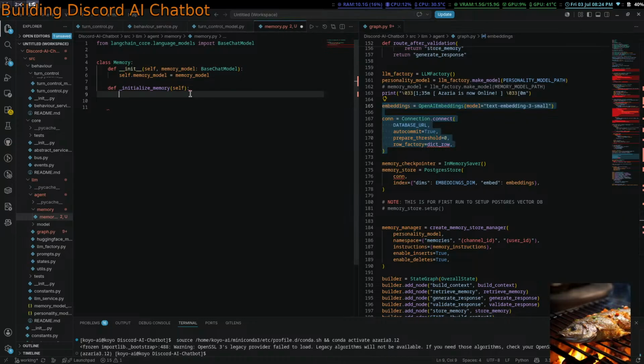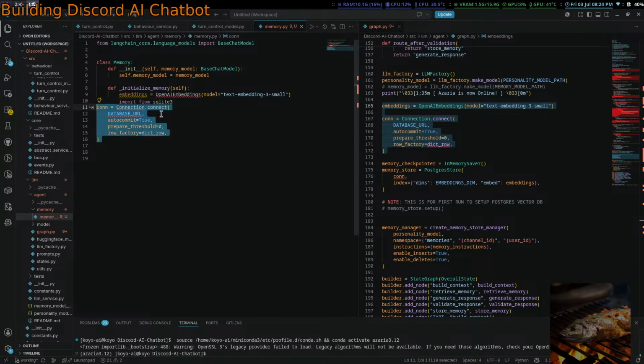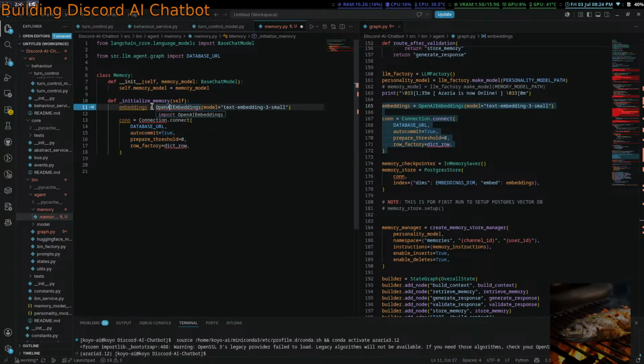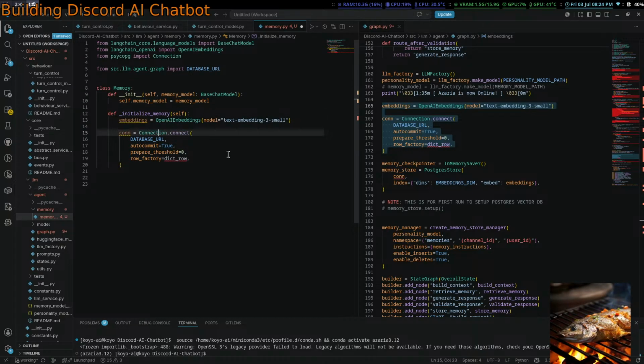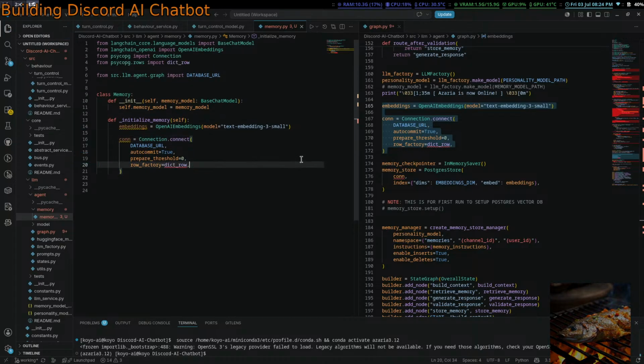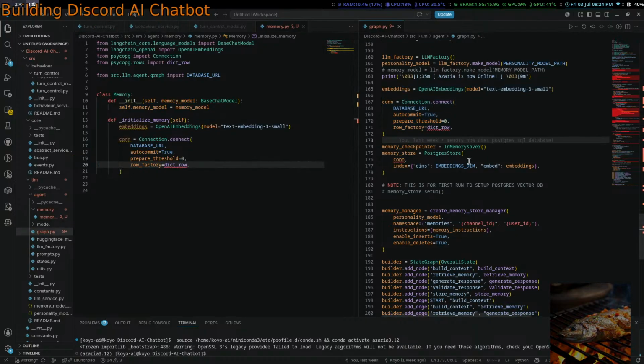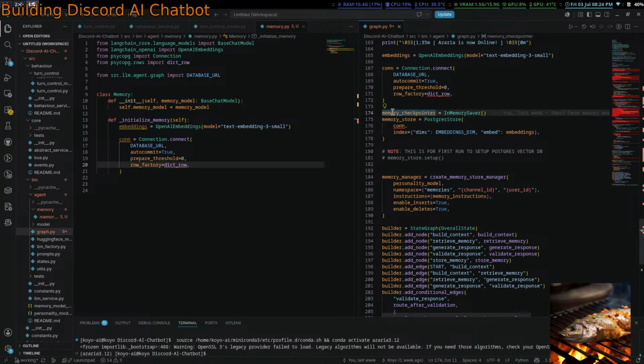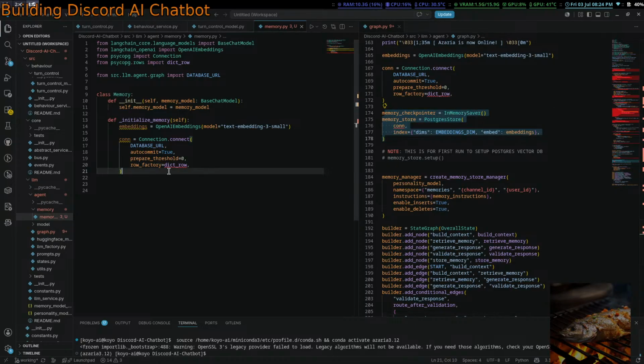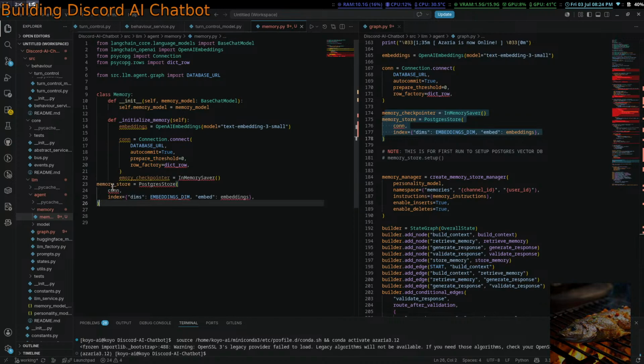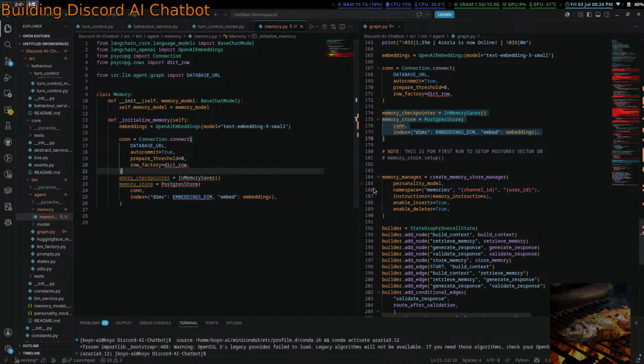I think I need this for the memory, right? And just import. Memory checkpointer, memory store, and memory manager.